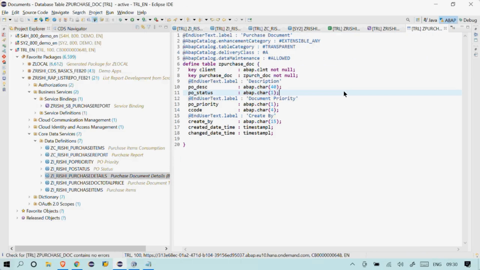The tedious task is, yes, you can create a console program, an ABAP program, and manually upload the information by writing select queries, insert statements and all. That is a tedious task, especially when it involves more record creation and more tables.